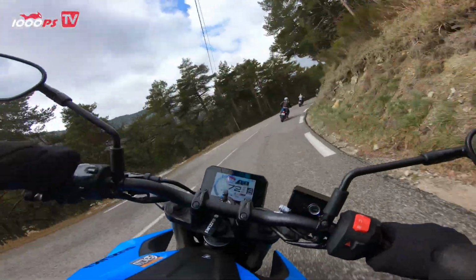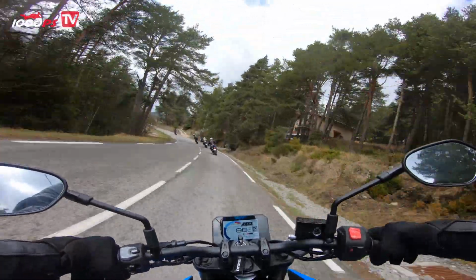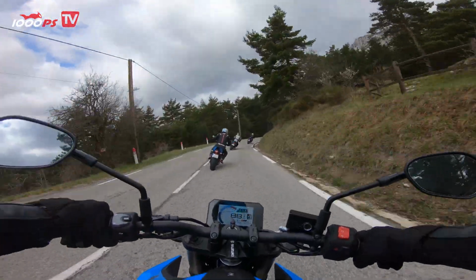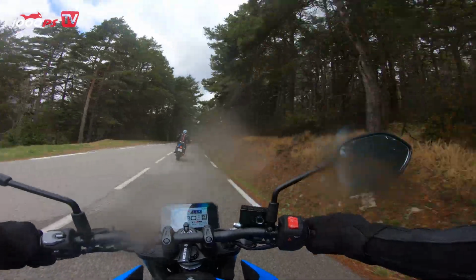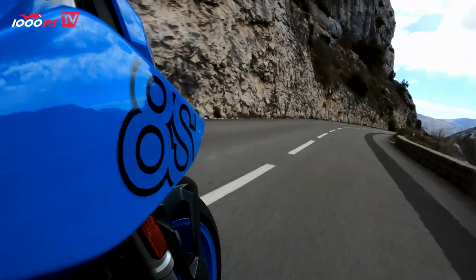It may be that the fork dips a bit too much under braking for one or the other sporty enthusiast, but I'm personally happy that my butt doesn't hurt even after a whole day in the saddle. And as already mentioned, this makes the GSX-8S a loyal companion on somewhat longer tours. The relatively long wheelbase of 1465mm also shows that Suzuki is not aiming for an ultra-handy moped, but wants to